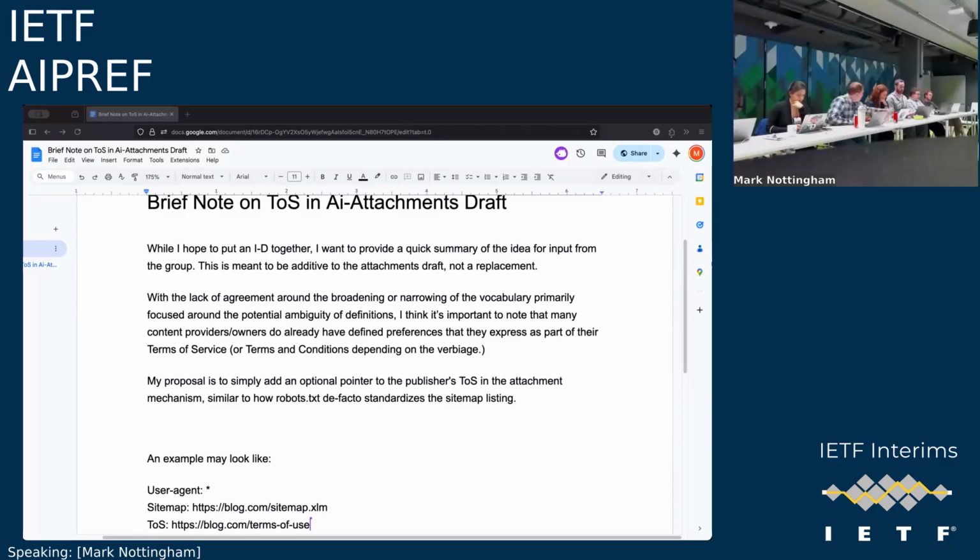Mark. Hi, Mark. I just want to ask a quick question because I think it's not clear to me, as you're conceptualizing this field, is this going to take a single value or multiple values? Because something I come across a lot is that sites sometimes split up their terms of service among multiple pages and multiple contractual objects.